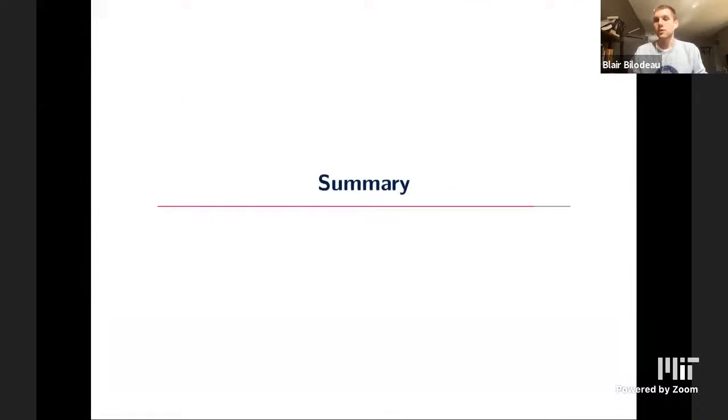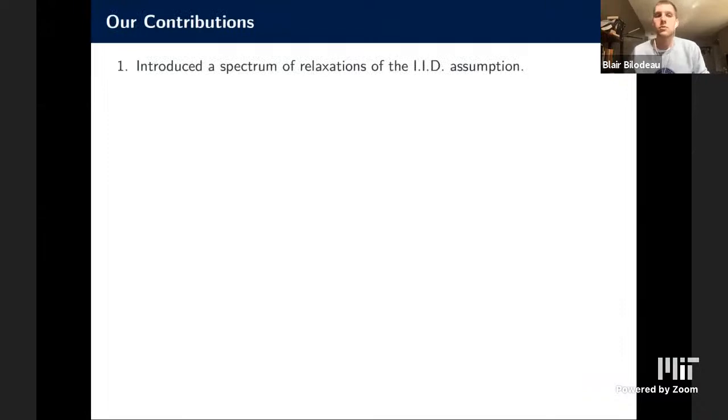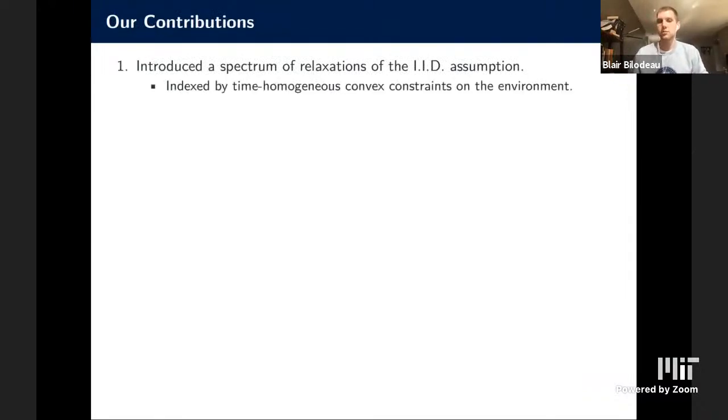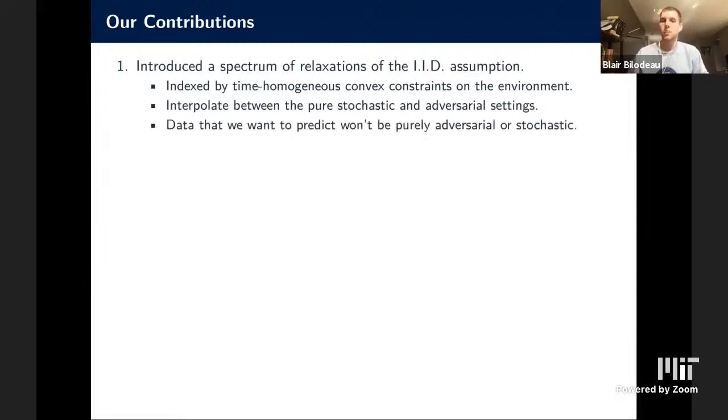Okay, so let me summarize all of these results I've discussed here. So first, we introduced a spectrum of relaxations to the I.I.D assumption. And we do this using time homogeneous convex constraints. So these sets D, which the adversary has to pick their distributions from within. And we want these constraints to interpolate between the very stochastic setting to the full adversarial case,